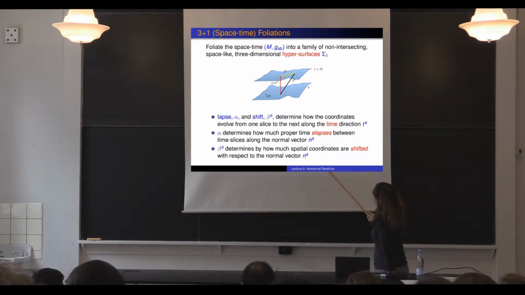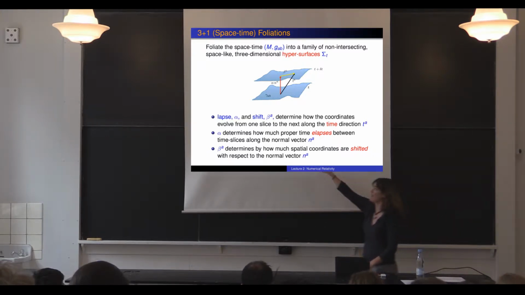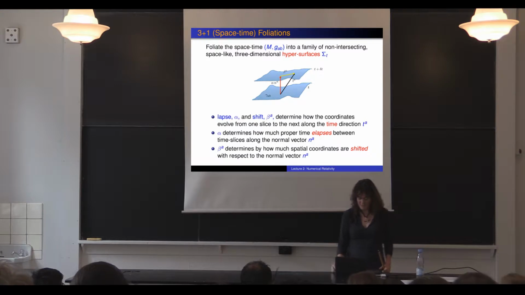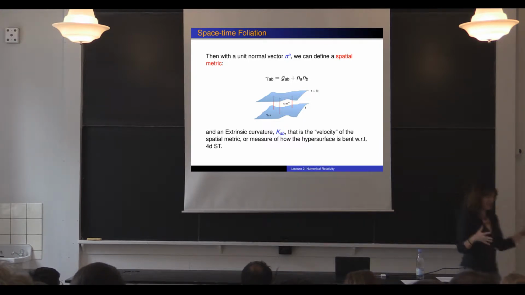So alpha determines how much proper time has elapsed between the time slices according to some normal vector n, which we'll always use, and beta determines how much the spatial coordinates were shifted, in sort of a basic physical intuition way. All right, so we got our little normal vector, and now our goal is we have to define things